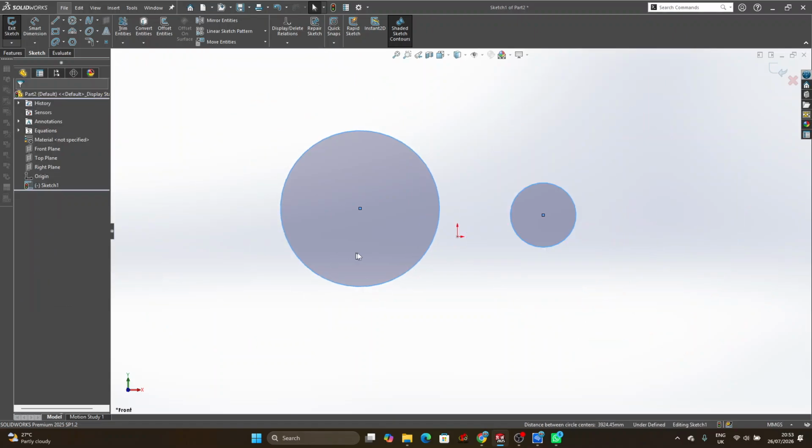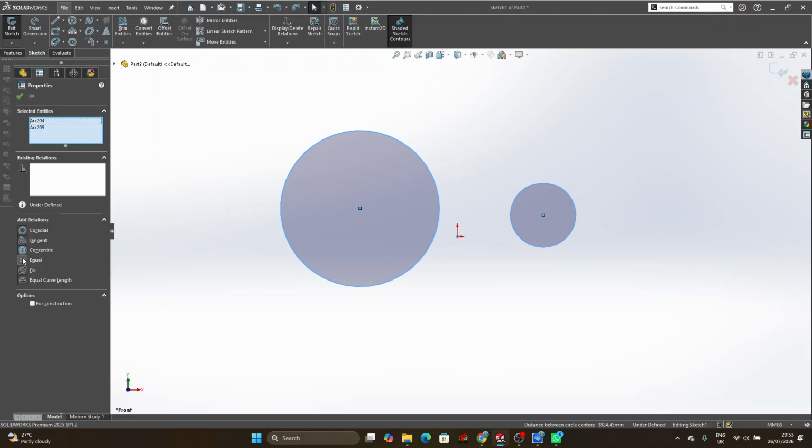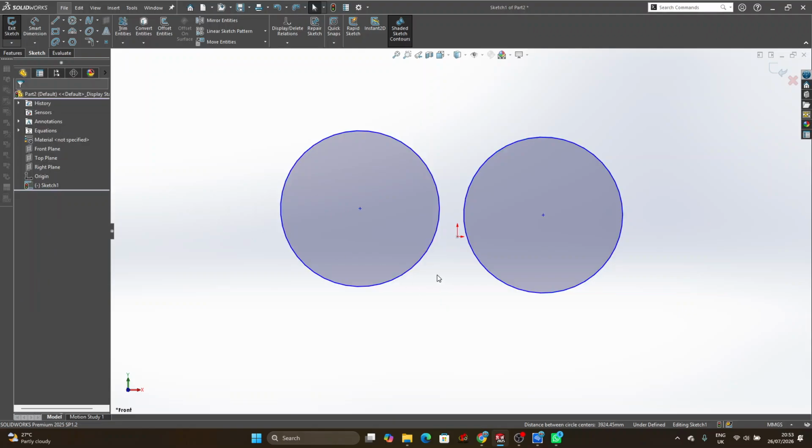I'm going back once again by clicking on Control Z. So I'm clicking on Control and the second control and make both equal again to show you the equal relation. So both circles are equal. So that's for line too. It will make the length to be equal also for lines. So another relation there is